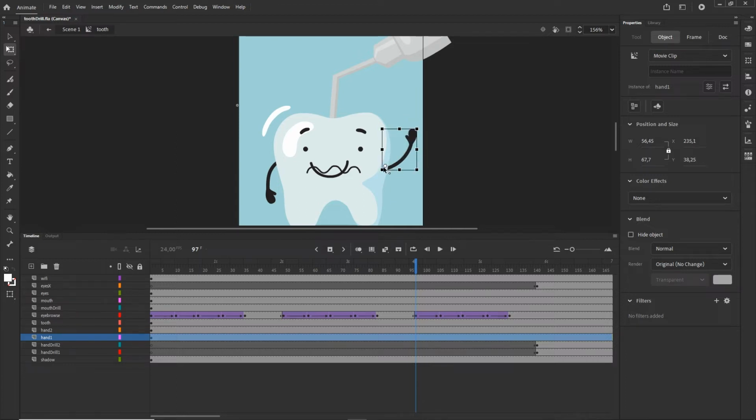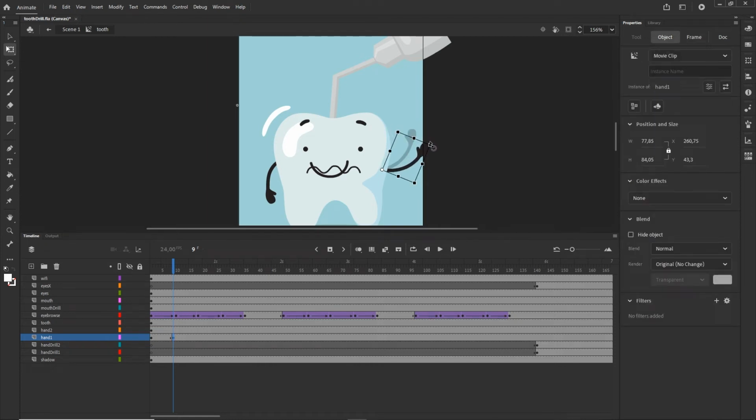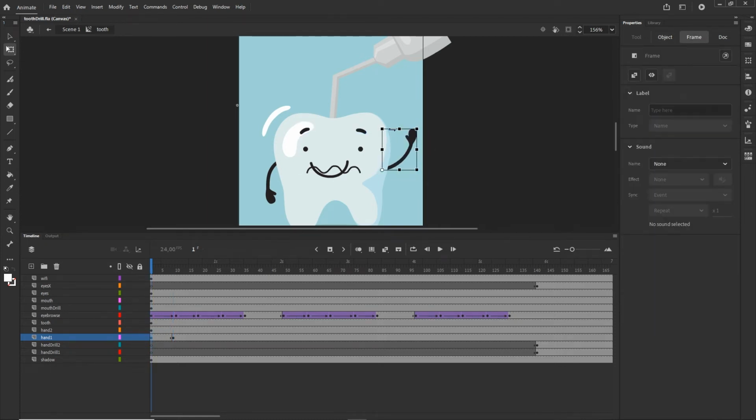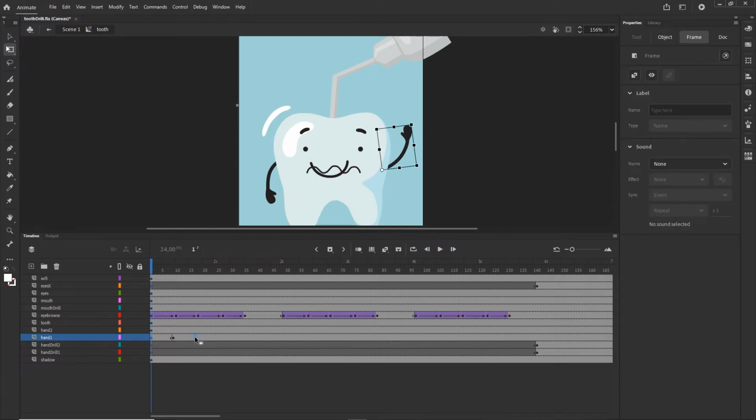I'm going to position it in here like so, and I'm going to create this very simple waving. So I will go to the hand 1 layer, and maybe I will go to frame 10 or something like that, F6, and I'm going to rotate the hand like so. And maybe on the first keyframe I'm going to position it a little bit like so. And right now I'm going to duplicate the initial keyframe, so with alt I'm going to duplicate it like so,